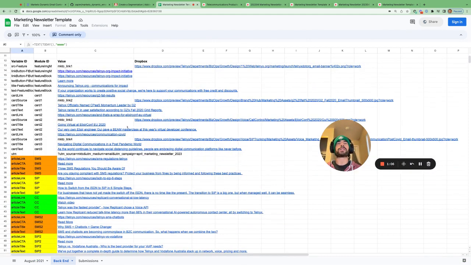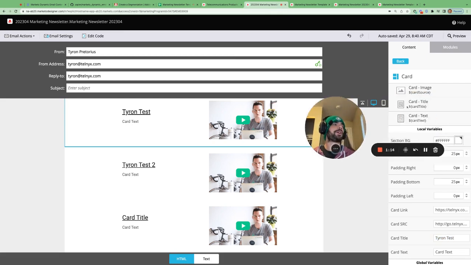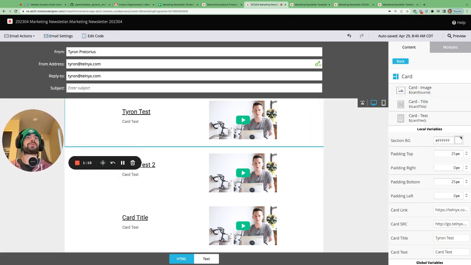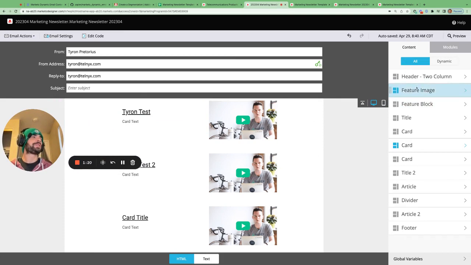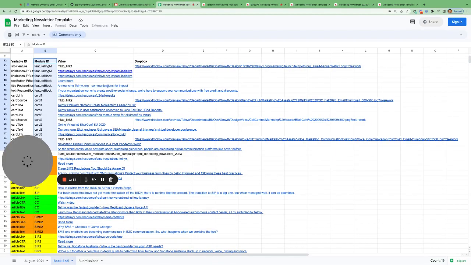So you'll notice here that in each case, we've got the name of the module. So these module names correspond to all these different modules here. So you'll see that we've got different card modules, we've got feature modules, we've got title modules, and article modules. So if we go back to our template here,